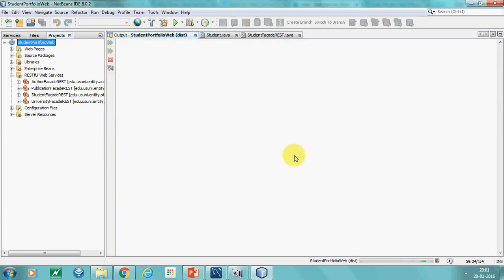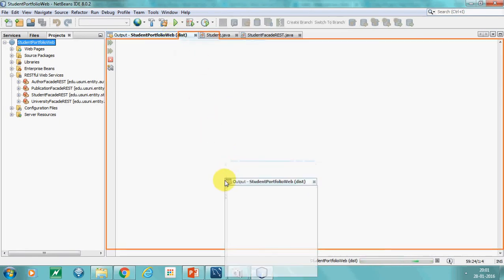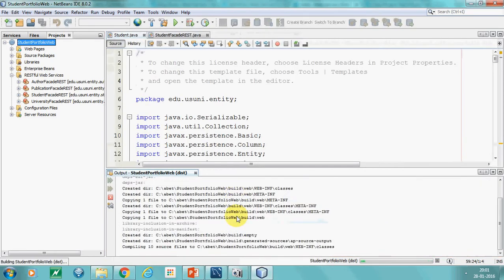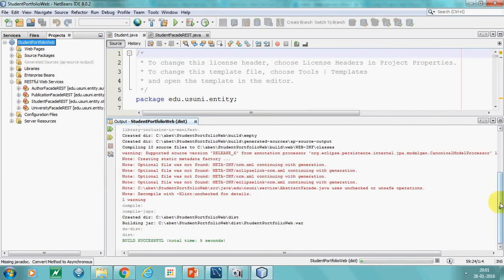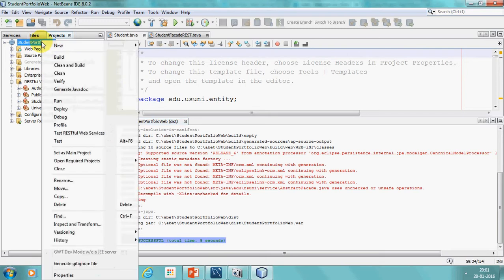So it's going to take a while because it's going to deploy the application. Click the output window where you can see the result of it. I can drag and place it here. So it will show you the complete log of the activity which is happening. If the build is successful, great. Now you can deploy it. So it generated all the class files for you.